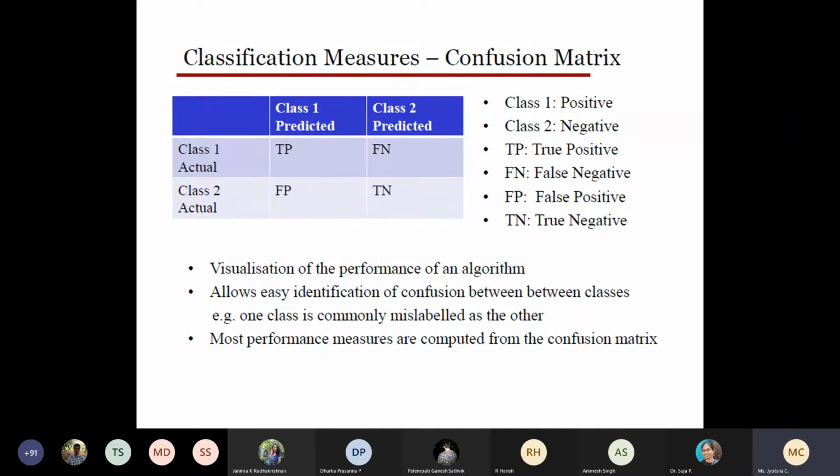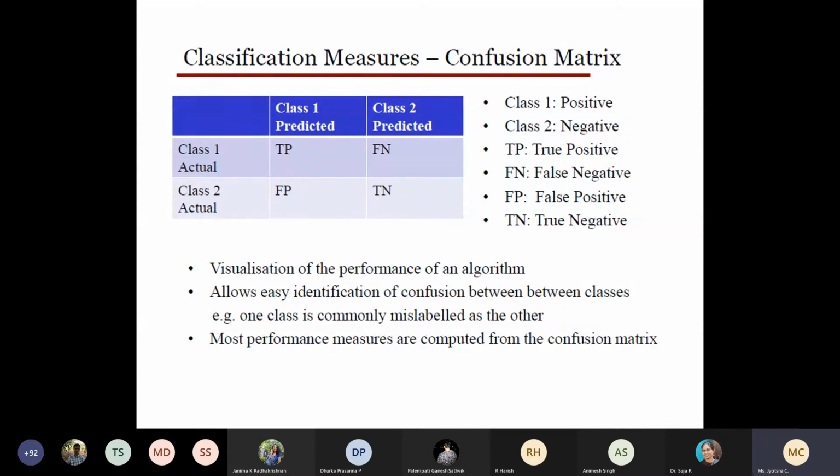False positive means it is actually not spam, but it is predicted as spam. So which will be severe in this case? Actually not spam means sometimes it is an urgent message or mail that has to be addressed today itself. But if it is classified as spam, you may not get it properly in your inbox. It may go to junk, so you may miss reading that mail. So a false positive may be severe in that case.